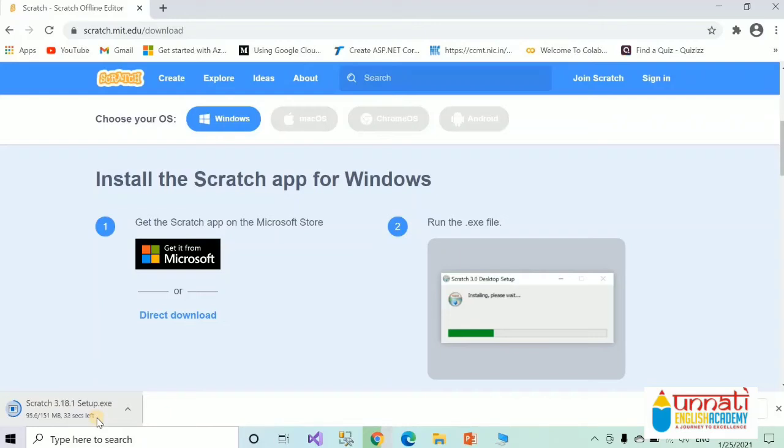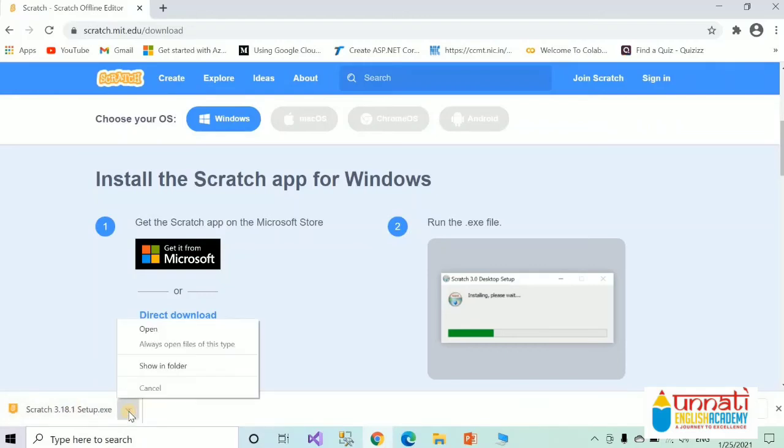See, now Scratch is about to download. A little bit of time is left. We will wait for it. In Logo there was a turtle, but in Scratch there is a sprite. You can insert a sprite of your choice, not just the simple turtle. See, now Scratch is downloaded.